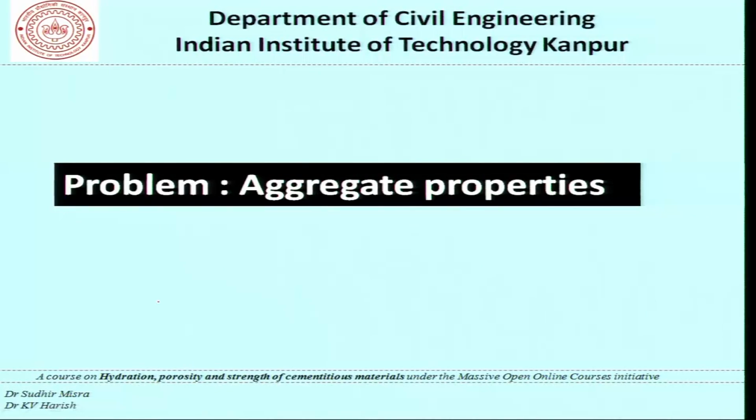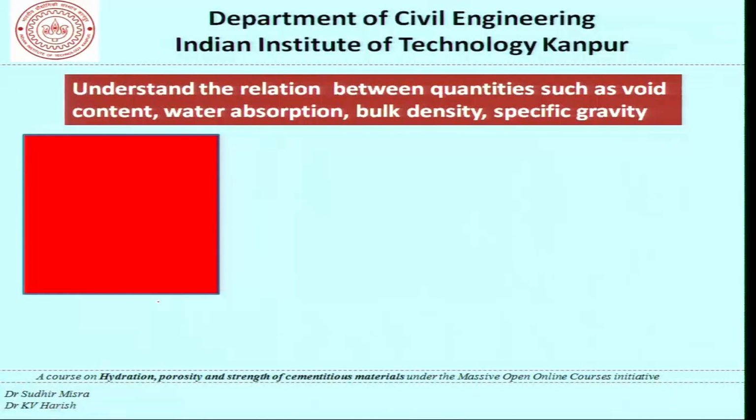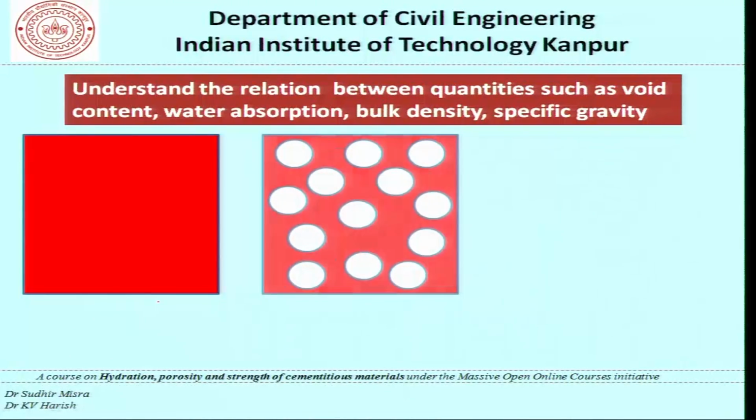Now, coming to another example, it is put under aggregate properties, but actually it can be used for any of our calculations using absolute volumes. Here, let us try to understand the relation between quantities such as void content, water absorption, bulk density, and specific gravity. This, let us say, is the total volume in a container which is available to us. If this volume has particles of a certain size. Of course, for the sake of simplicity, in this case it is showing only particles of a single size,